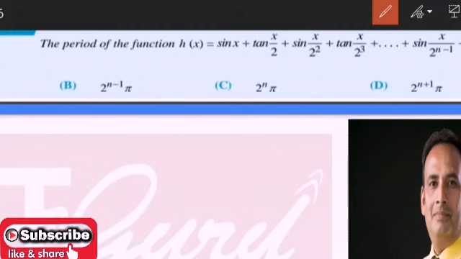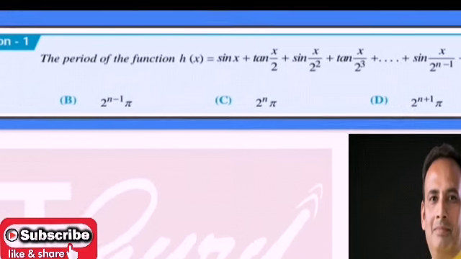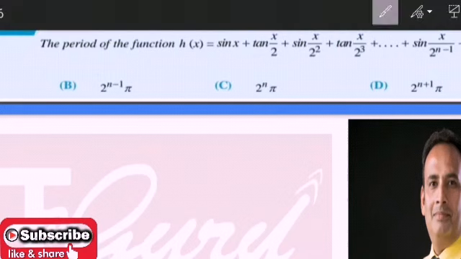Anyhow, let's see. For this question, as this is the first illustration of this lecture, here we have compiled the question of the period, and this is a mixed type of two different questions. This is a conglomerate of two questions. If you bifurcate this question in two different segments, one is the sine part: sin x by 2 and sin x by 2 to the power n minus 1.